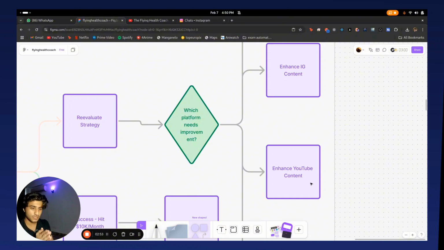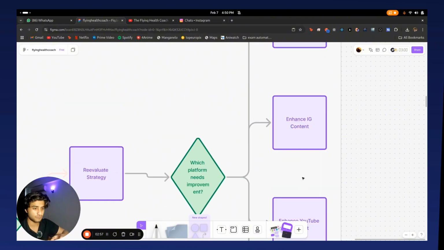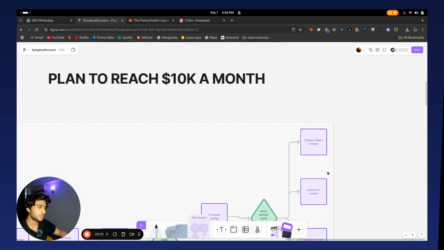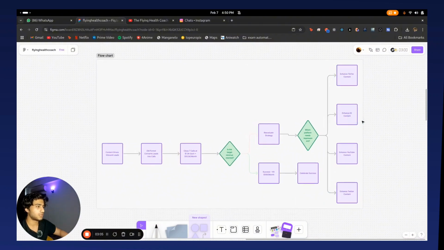We've seen that you make decently consistent content on YouTube. We've seen that you make a little bit of content on Instagram. I cannot talk much about TikTok here, but we're just going to let it stay there. But to give you an idea of how the entire plan should look, this is the macro view.